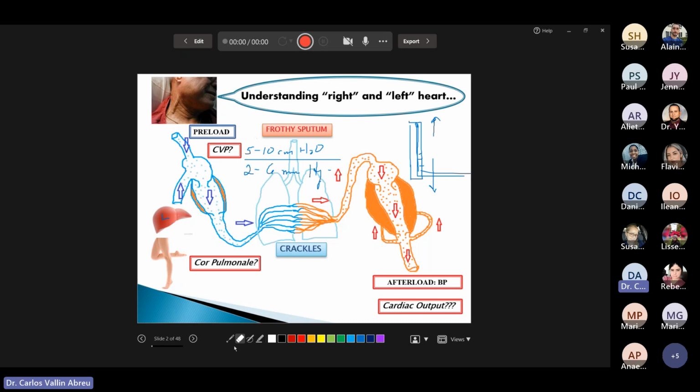You know that this is the right heart. You say, oh, but you separated the right heart from the left heart. Yes, anatomically, they are not separated. You know that. But functionally, yes, they are separated by the lungs because the blood is going to enter first in the right heart, then from the right heart it needs to go to the lung. And once in the lung, it is oxygenated, transformed into oxygenated blood. That's why I draw that red. And then is when this oxygenated blood goes to the left heart. That's why I'm making you understand that the right heart is functionally separated from the left heart by the lungs,